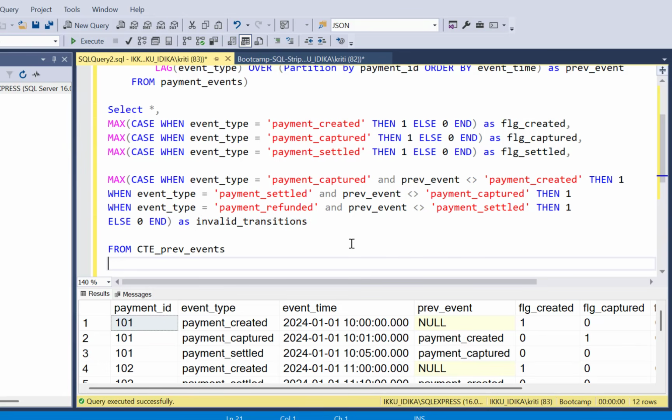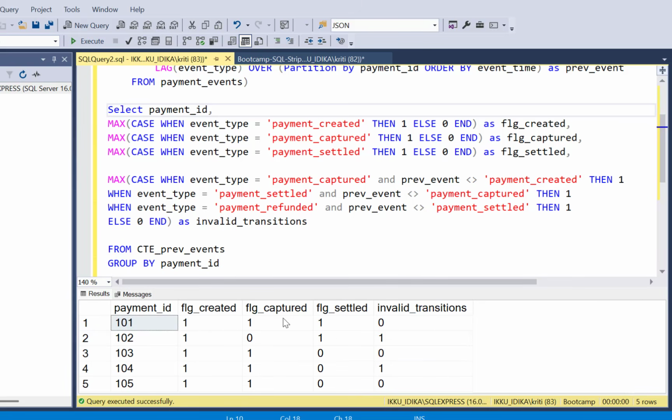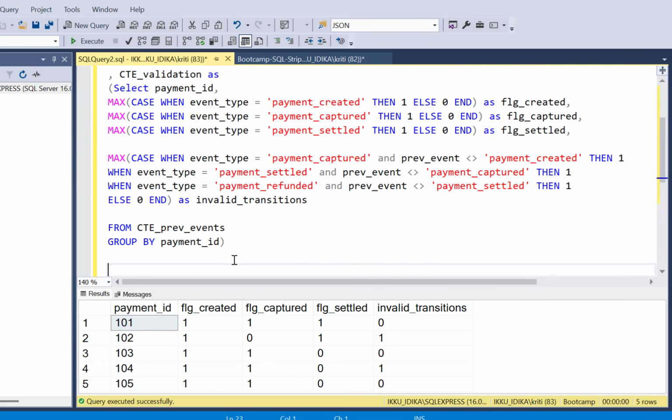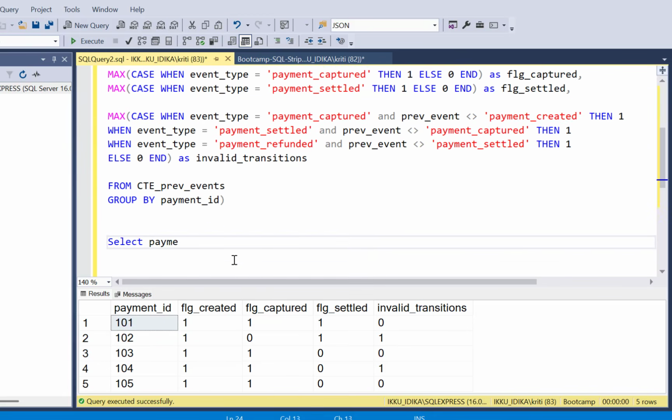Now, since we have applied the aggregate function max, we need to group by the payment ID. And we need to include the payment ID here. We cannot have a star. So execute, and you have all these flags that you can see over here. You can put this within another CTE called cte_validation, and then we can select the payment IDs from the cte_validation